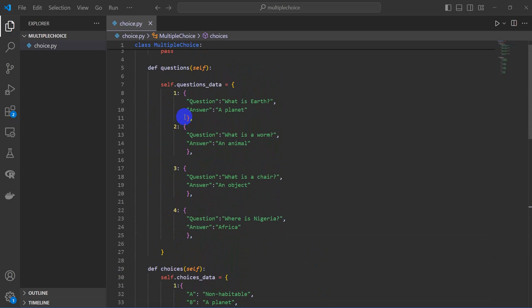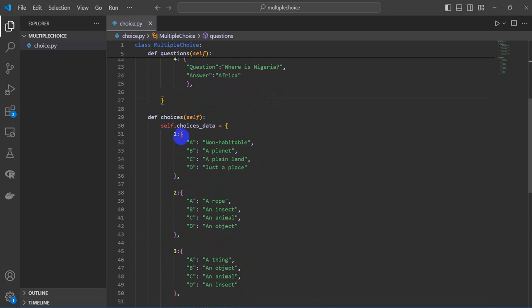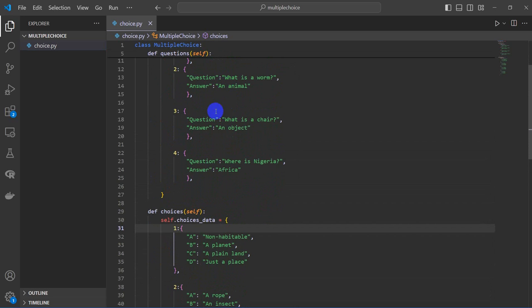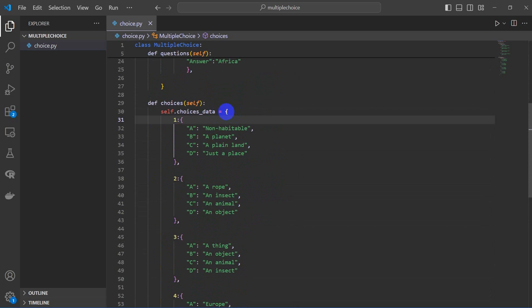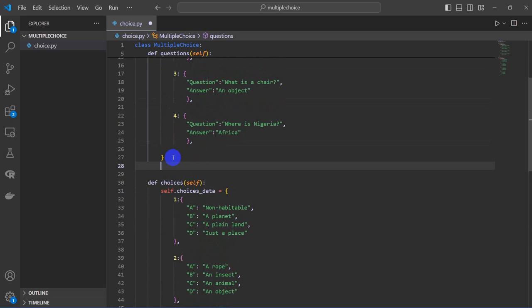So each of the questions has a key, and the key is actually the question number, and the same goes with the choices, so that we can actually map each of the choices. For question one, the choices are these, and the answer to question one is actually planet. The same thing goes for question two, and like that. So it's actually an array of, or a dictionary of dictionaries, right? So this dictionary choices data, we can access it by saying something like